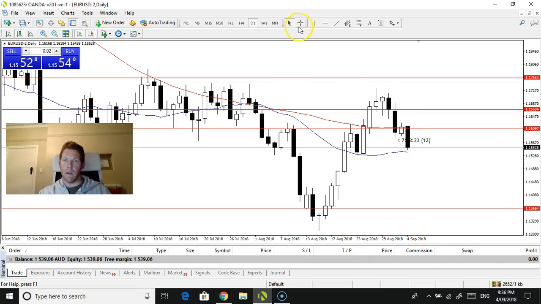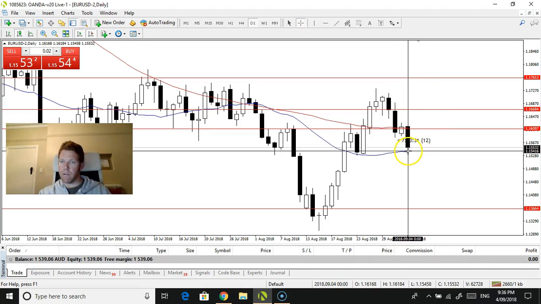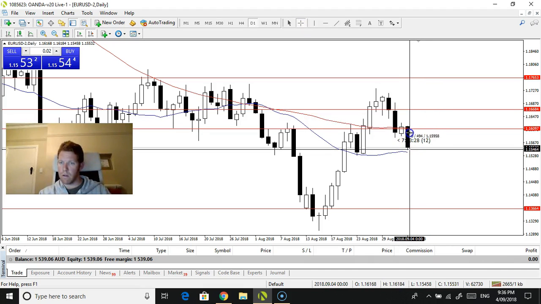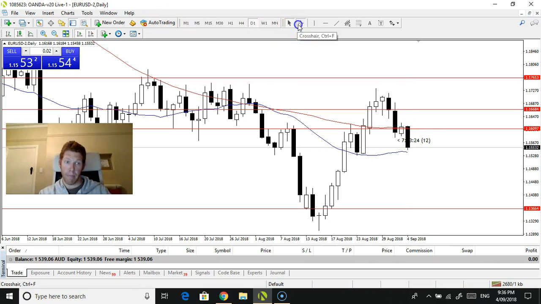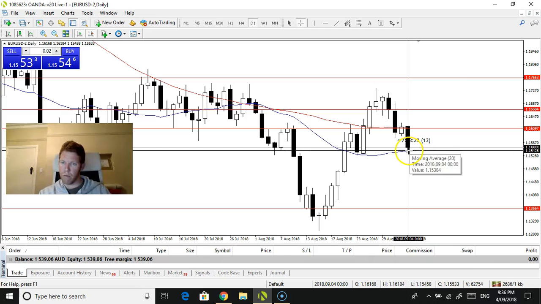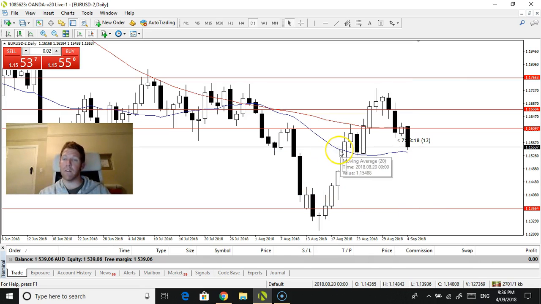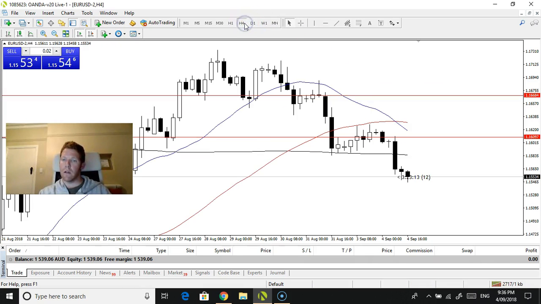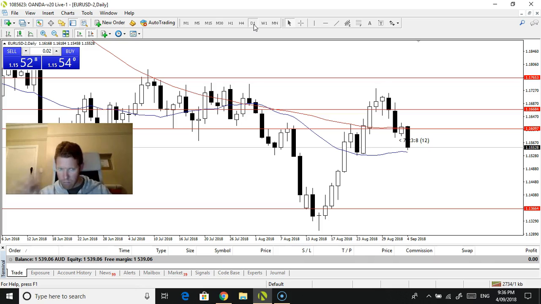Let's work out the risk to reward ratio here. So that's 64 pips to make about 180. So that's nearly 3 to 1. So that's pretty good. What I will do, if we can close near the low here, obviously I'm not going to wait till the end of it. I think this daily candle will close at 5 a.m. So I'm not going to really stay up for that.